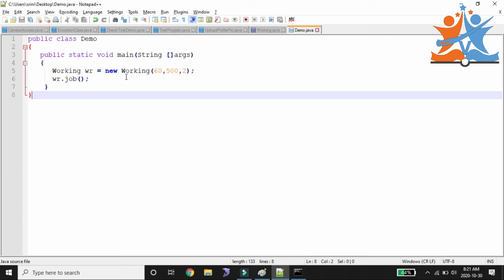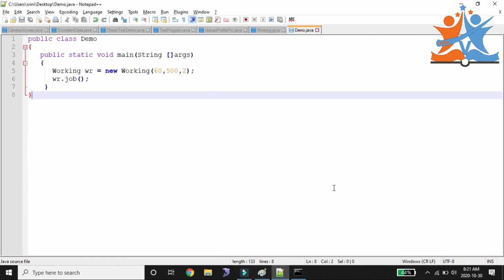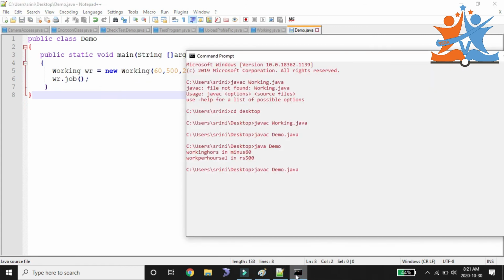The rest of the constructors will be in a passive mode. If you run the same program, you will get the same output. I save working and demo, compile working, compile demo, and run demo. So the same output we are getting.